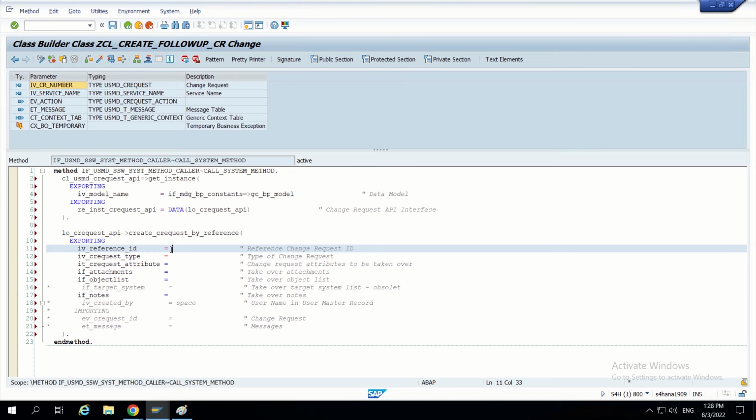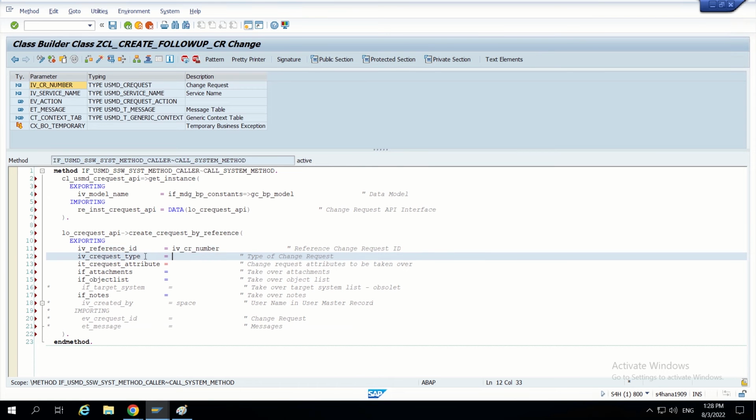We can give here iv underscore cr underscore number. So here C request type, this one means after that follow-ups here, which type of change request has to get triggered. So I'm just giving standard one,